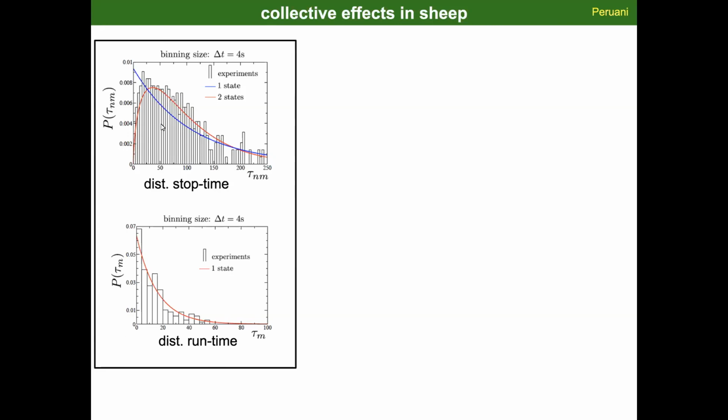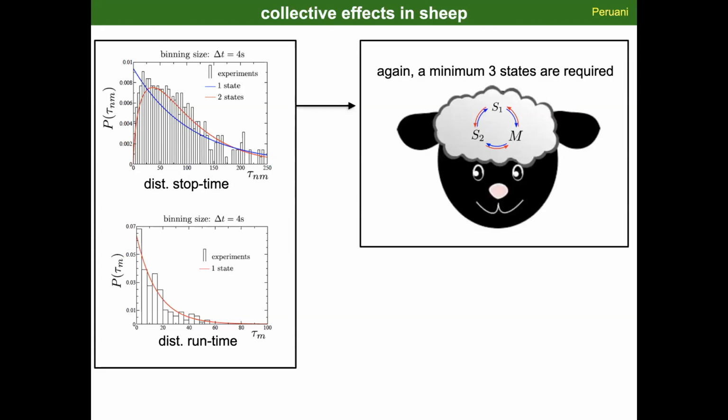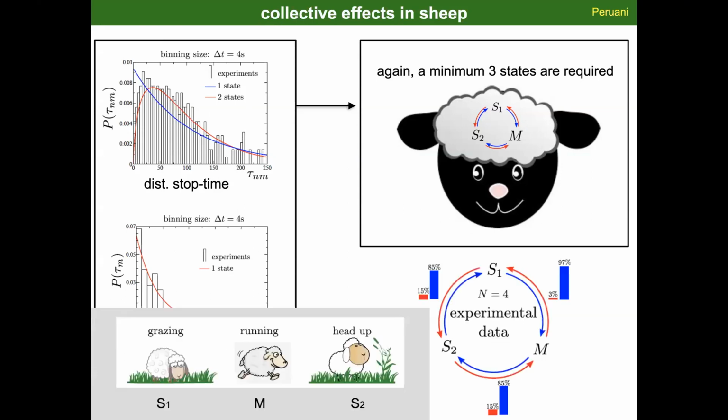And one needs here to use, again, more than one behavioral state to describe this. And we will end up concluding that we need, again, at least 3 states. And these 3 states will be associated, the 2 associated with the stop motion, with a sheep with the head down, and the other one with the sheep with the head up. One would be associated with the grazing behavior, and the other with the warning, or a kind of sheep